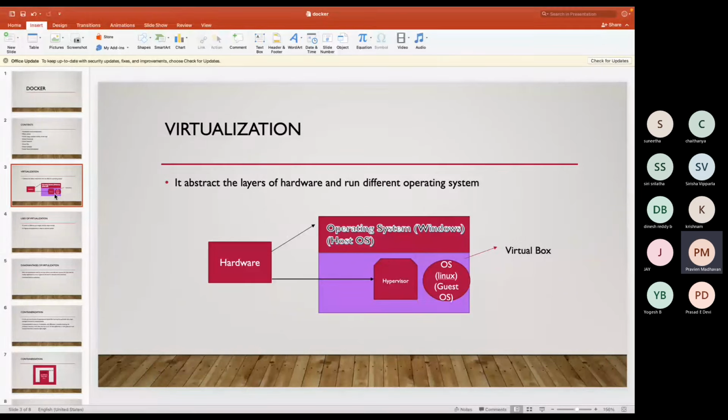But since you are already using Windows, you can't install Linux. That was the initial problem. But then there is a concept called virtualization that came into the picture. You may have the Windows operating system, but inside that you can install one software called VirtualBox. In that VirtualBox, what you can do,